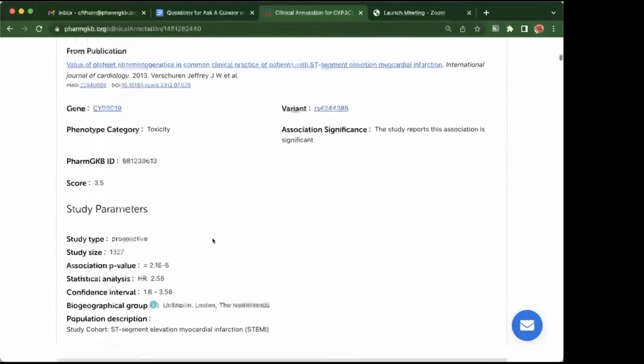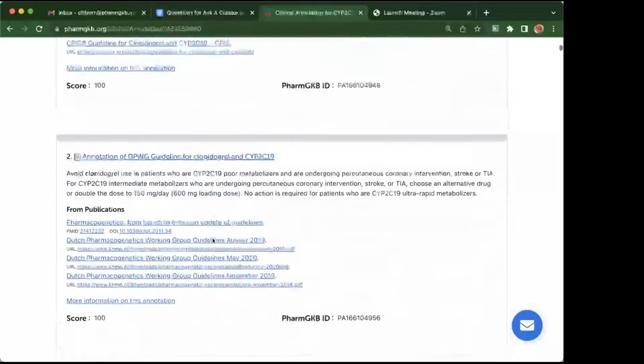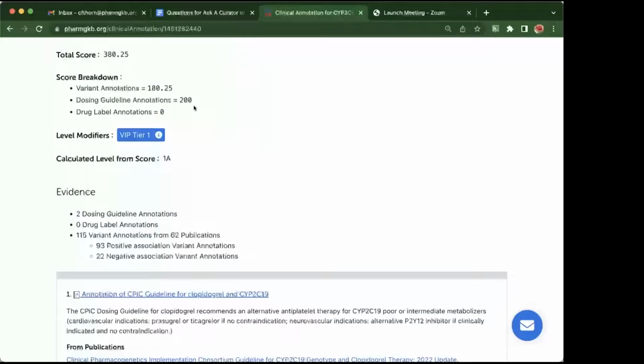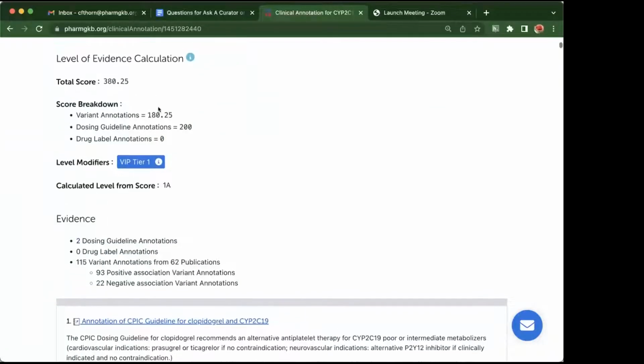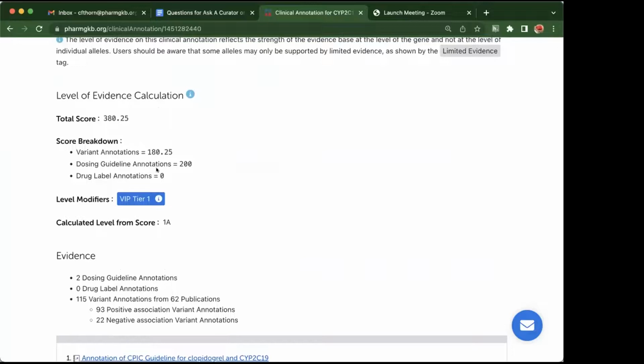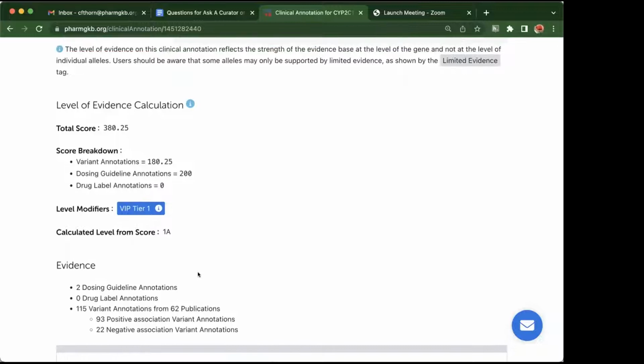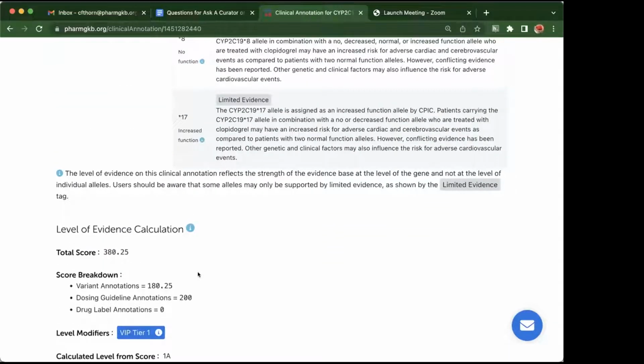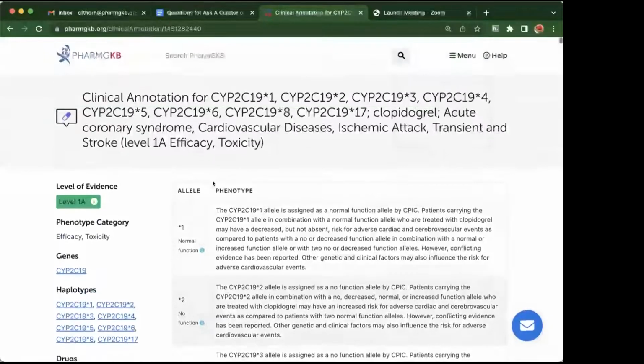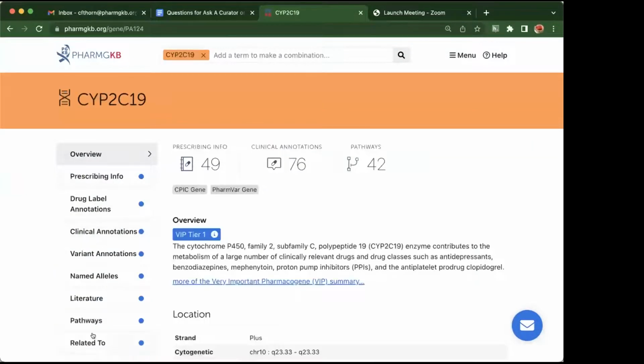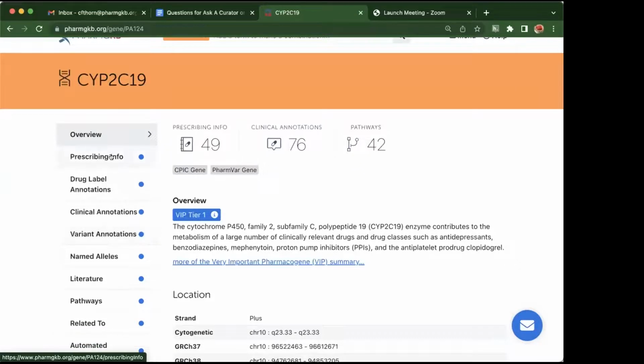There's probably a very long list here because it said there were... oh, it doesn't actually say how many. Oh, there it is. Yeah, 62 papers. All right, so we've done VIPs, we've done variant annotations, we've done clinical annotations. Let's go back to that list here and do